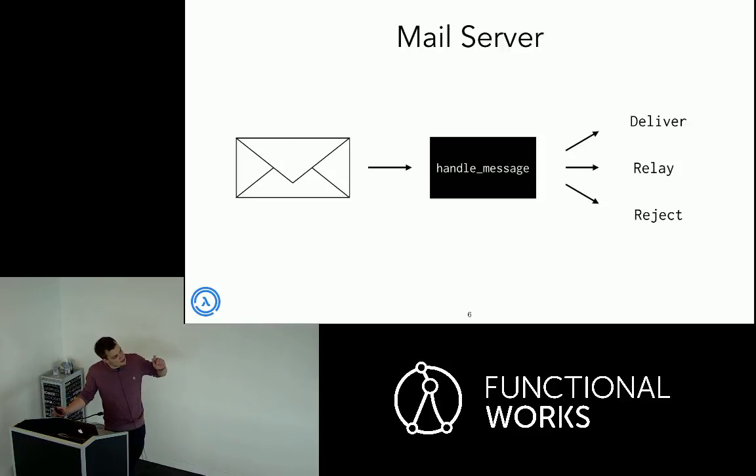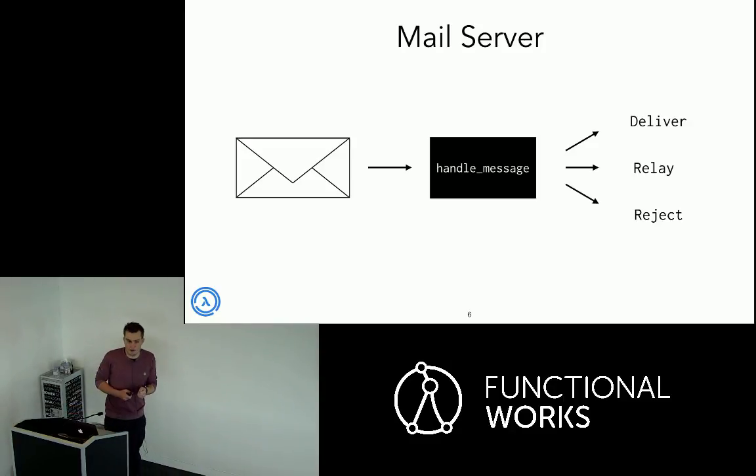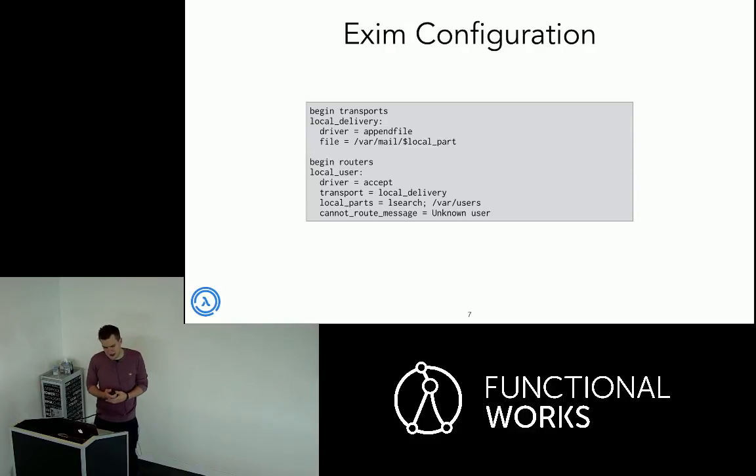So in this case, the handle message thing, the thing in the middle, the black box, would be responsible for making these decisions, applying this behavior, and being able to customize it. Let's say we want to do this with an example using Exim, a well-known mail server software. If you wanted to start very straightforwardly, you probably have a configuration that looks